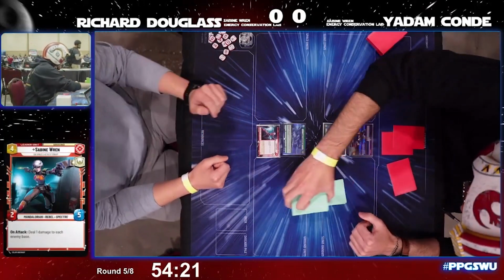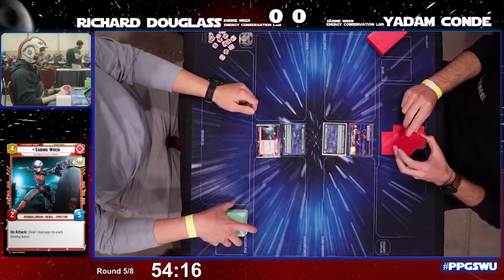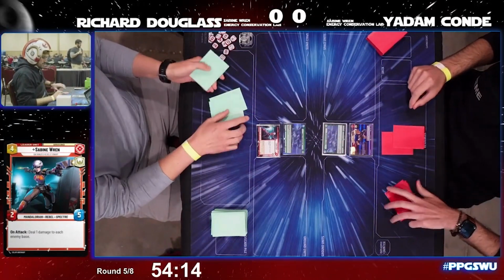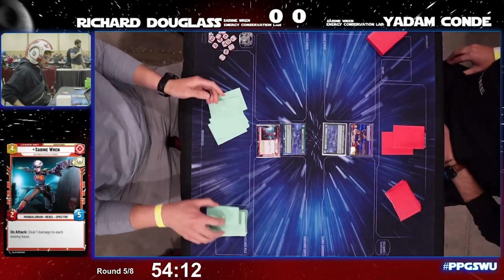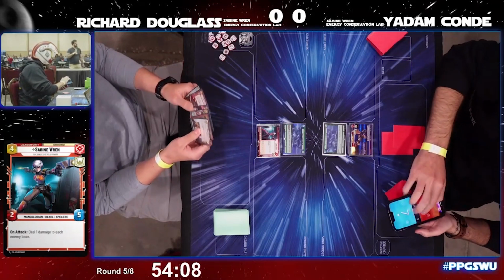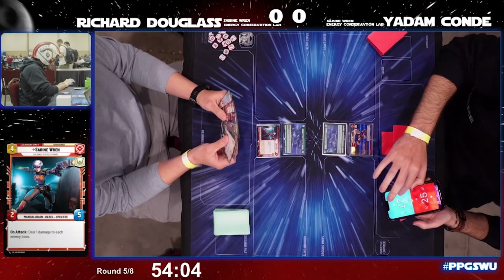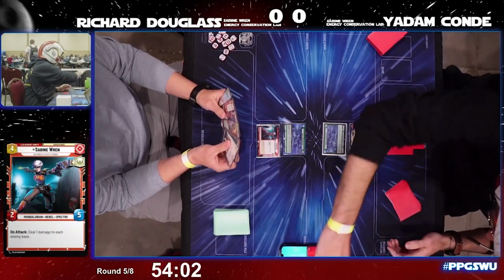You almost have to pull for the guy. Oh, 100%. Just because of the helmet. That's what's carrying him to undefeated. It's just the helmet. Absolutely. Not the deck, not the player. Absolutely. Sabine on Sabine. Now, we saw a Sabine match earlier, Sabine mirror earlier, but it was Sabine yellow versus